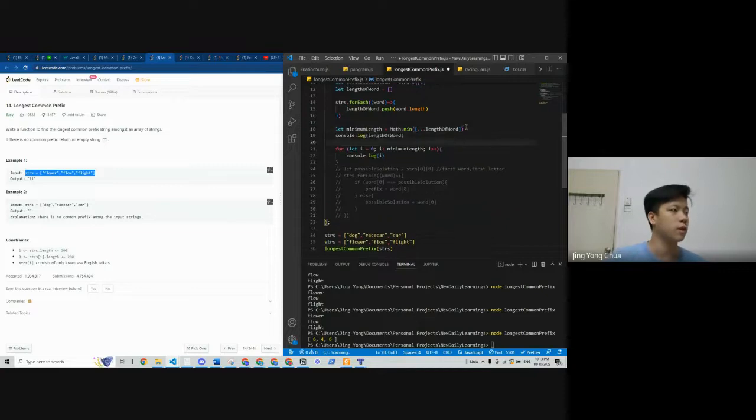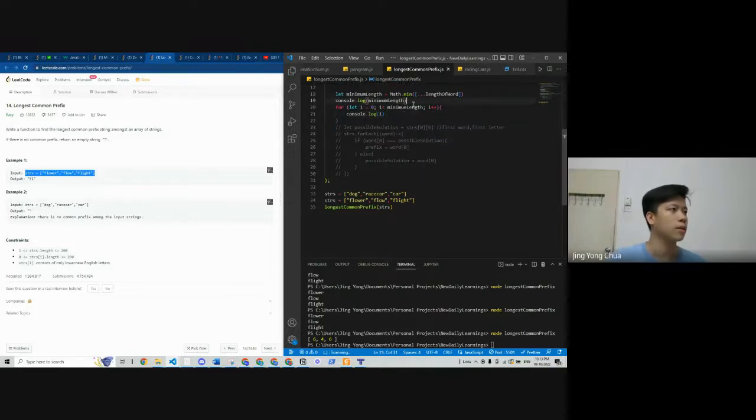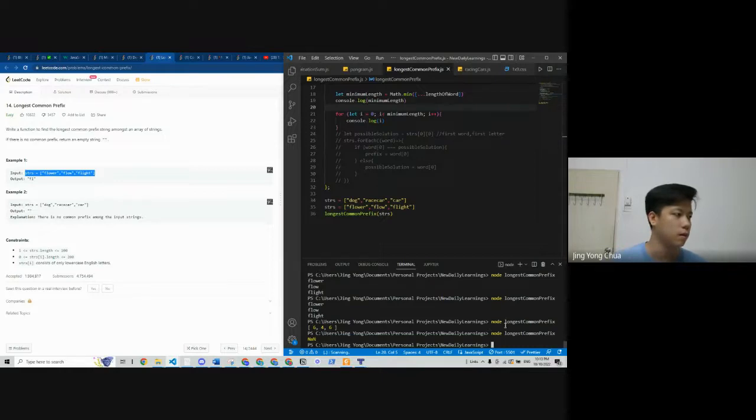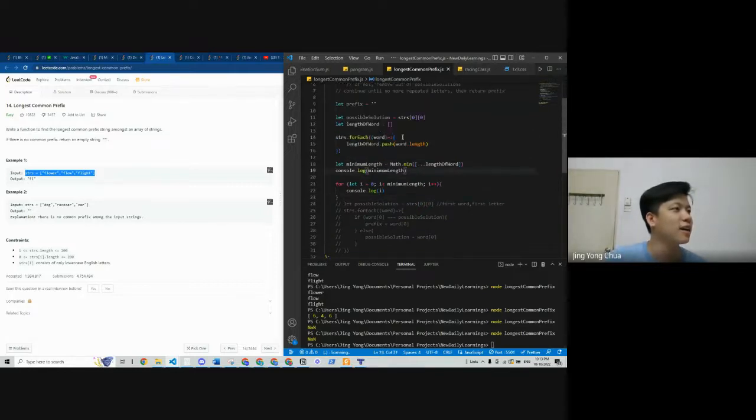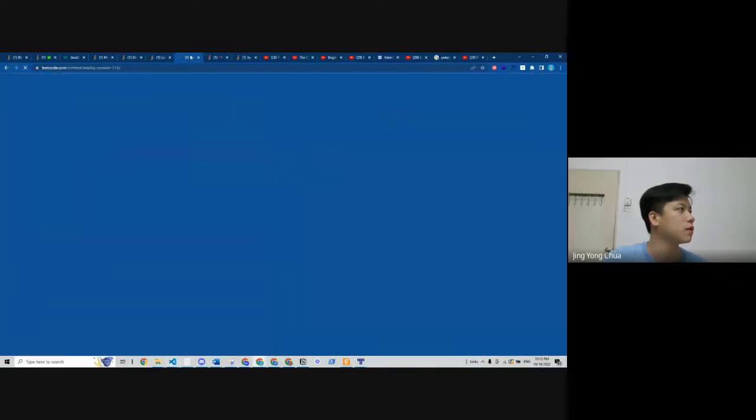Okay, let's check if the minimum length works or not. None. What do you mean none? Okay, obviously the thing works. Now we just need to figure out.